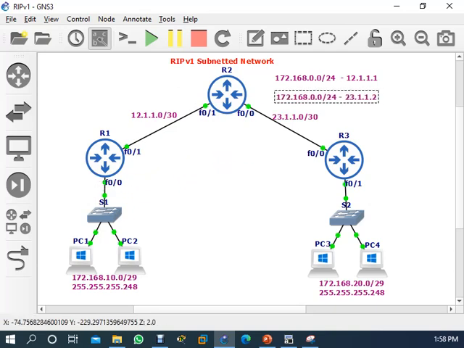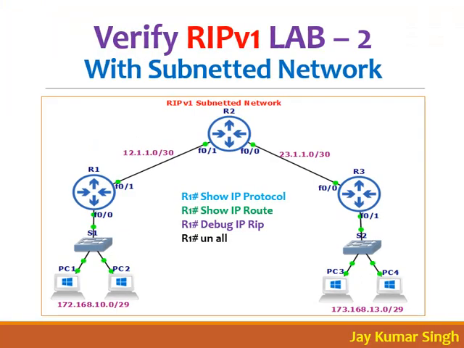Okay, that's why this type of configuration in RIP version 1 is not successful. That's why they said that, okay, let's implement RIP version 2. But that's why it is written here, if it is a contiguous network, what does that mean? See, if it is like this, then there is a problem.